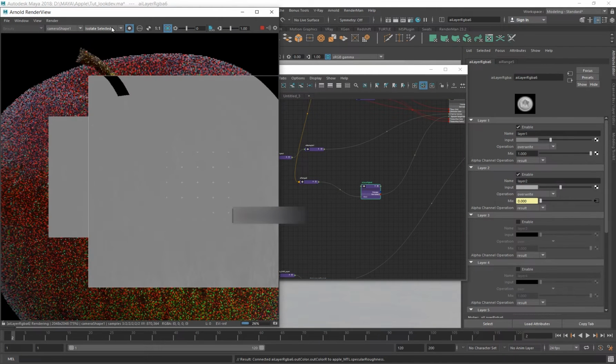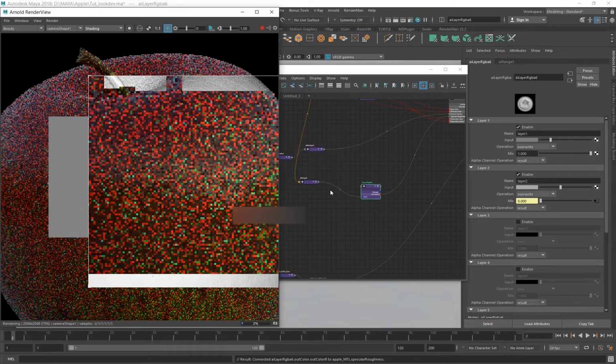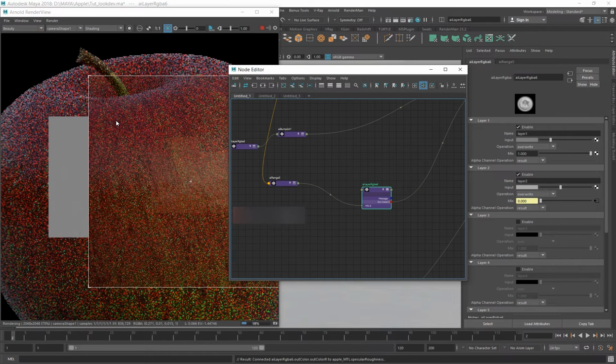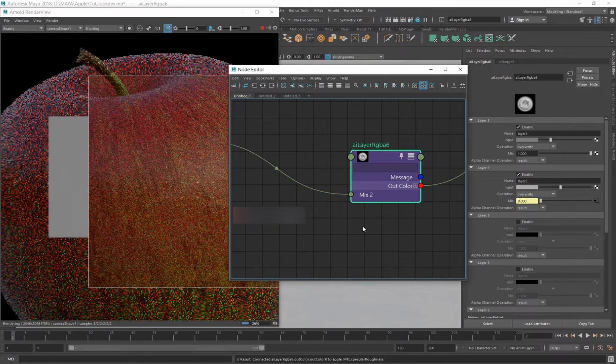There was already a nice amount of breakups on the displacement, so I didn't want to create so many variations on the specular roughness map, because if I go into a crazy amount of breakups, then we lose the feel of that organic look.